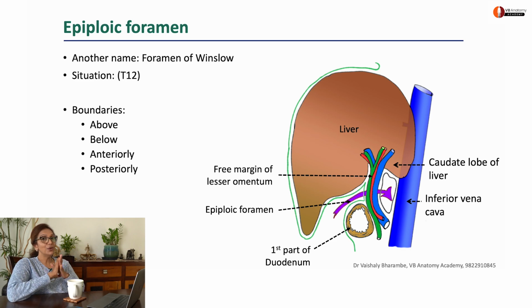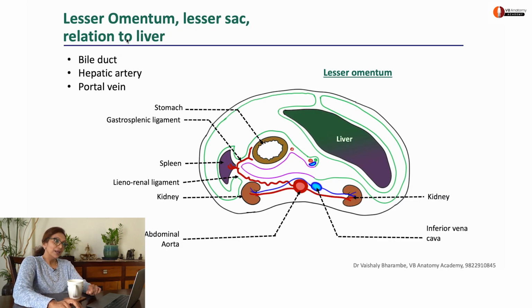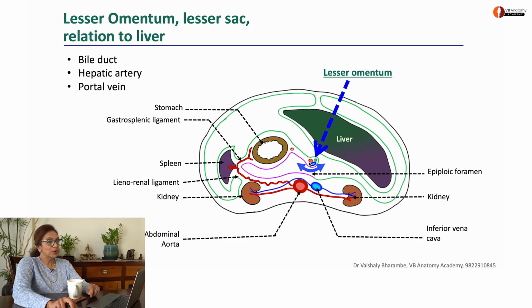Now, this is a wonderful diagram. I've always remembered my whole anatomy of the epiploic foramen using this one single diagram. Continuing with our discussion on the lesser omentum, here's the lesser omentum, here's the right free margin containing DAV, like I said, and here is the epiploic foramen, which communicates the greater sac which surrounds the liver to the lesser sac, which is the space behind the stomach. So, here's the lesser sac.